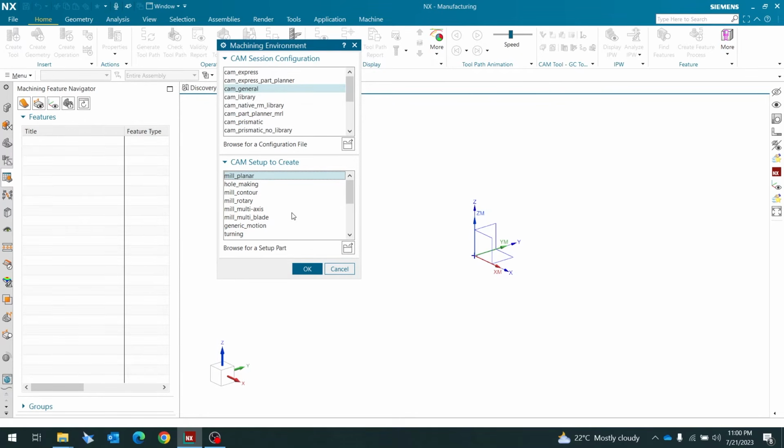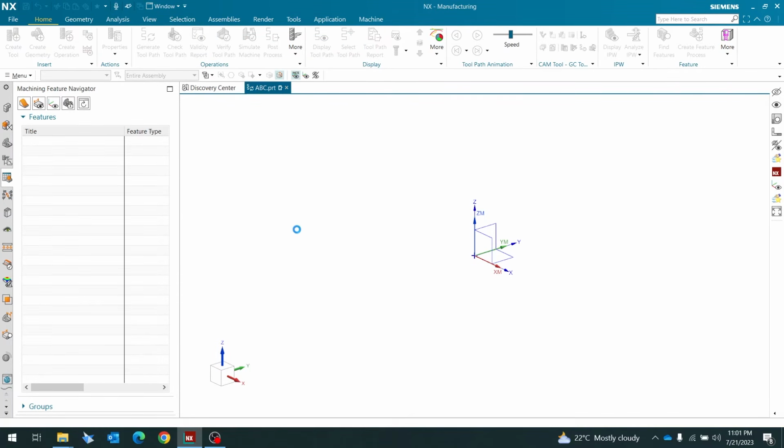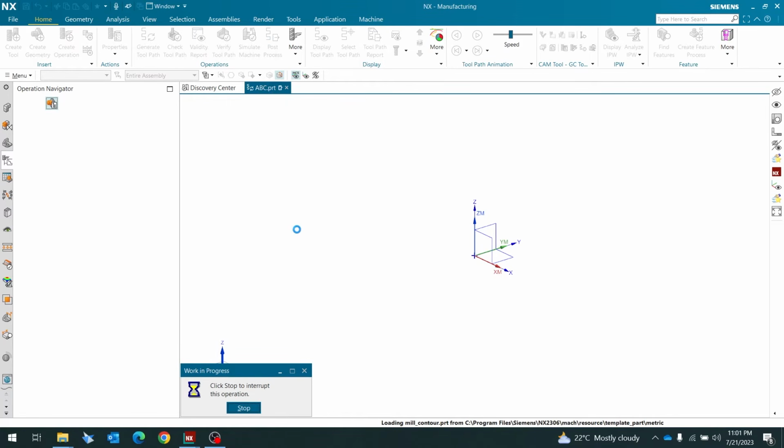Suppose you have mill turn or turn mill, at that time you need to use a combo of turning and milling. So it is switchable. No need to worry. In turning also you are getting two types of turning. Nowadays you are going to see VTL. Earlier only turning was available in older versions of NX. First I will keep it as mill planar. When I hit mill planar, completely I am shifting to the